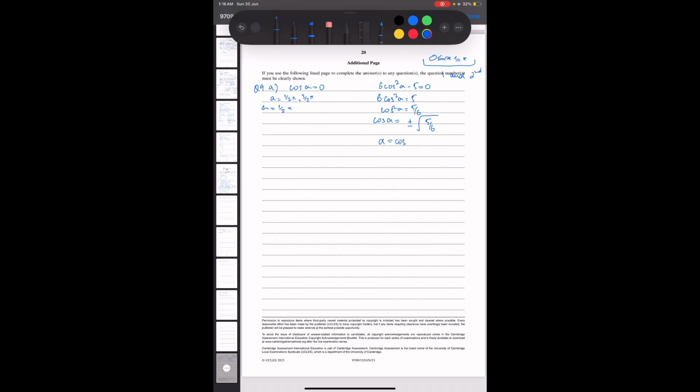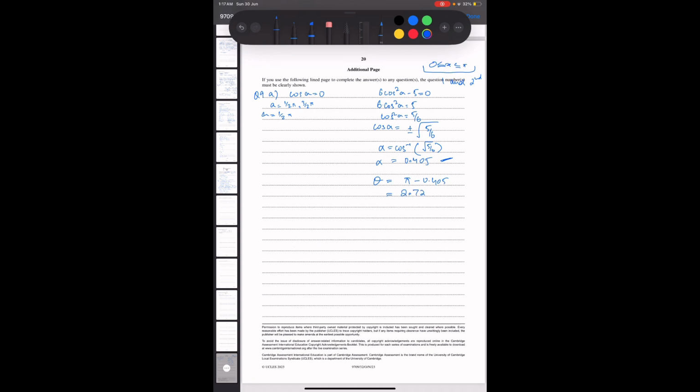Alpha is equal to cos inverse of the square root of 5 upon 6. Check it. So it comes out to be 0.4205, right? So this is our alpha, and this is also the value for the first quadrant. Now to find theta in the second quadrant, how do we do that? We subtract alpha from pi. So pi minus 0.4205, and that is 2.7211. Now x has values half pi,